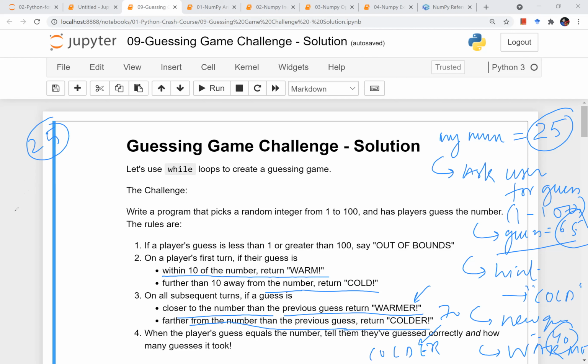Then his first guess, if he says 60, I will say cold. Then he will say 70, I will say colder, sorry.